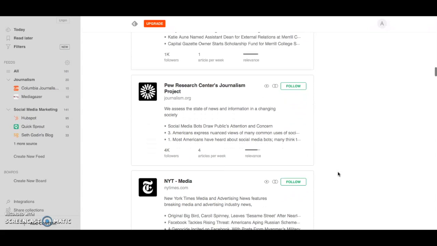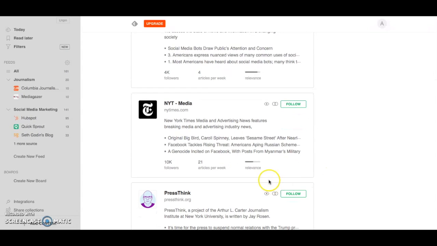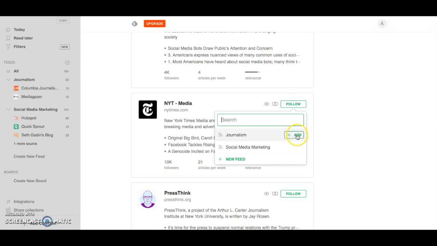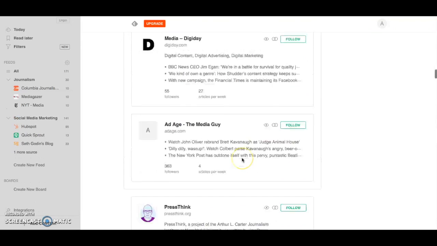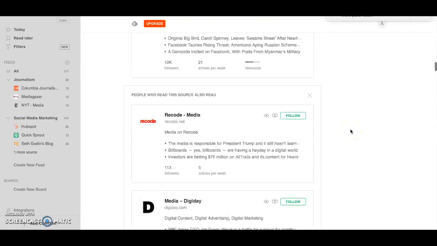It will also show you the relevancy of the articles, how many they post per week, and how many followers they have. You can click follow on this one, press add. And you can also scroll all the way up